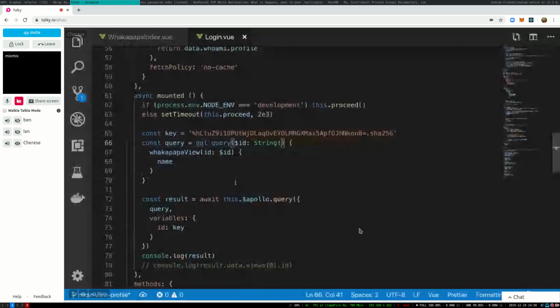Seems to have worked. If you don't see errors, then it's working. Cool. Okay, so can you add a query to this whakapapa query back in the code? I want to now get a profile ID at the same time as this. So above line 67, can you put